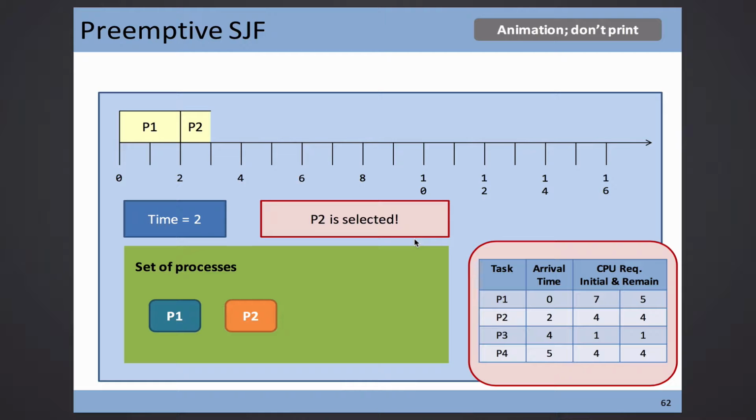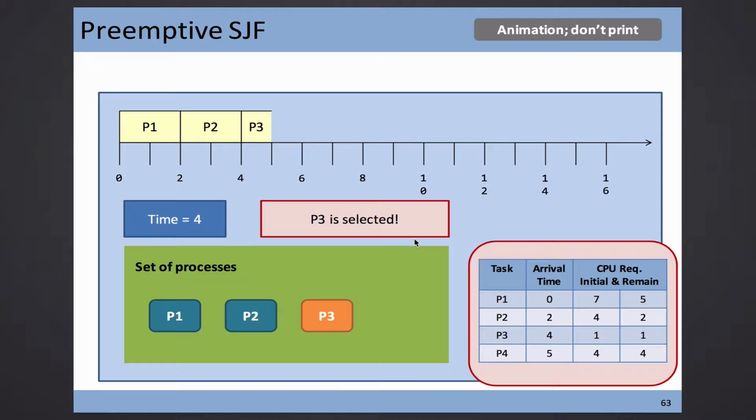But how about the new one? The new one has a shorter requirement than P1, so I will schedule P2. But the good thing is this does not last long. Another preemption will come eventually at time equal to 4. Okay? So when the preemption comes again, we will take a look at this column, 5 to 1. So this one is 1, so I will put P3 to run.